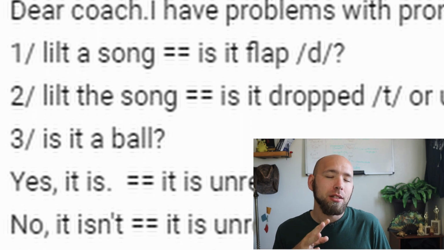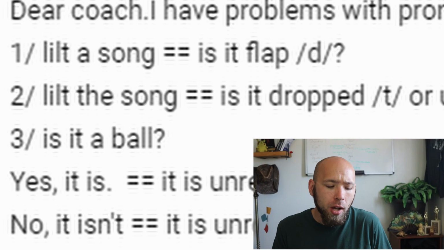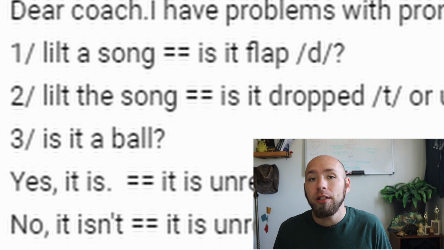It might be because this word is kind of uncommon, but if I try to change it into a D, it's kind of weird. What we'd probably do in this case, this is a special case, is just say "lilt a song," with a stop T, or you can push out the T. We'd more likely stop it, but it's possible. And so you can say "lilta."